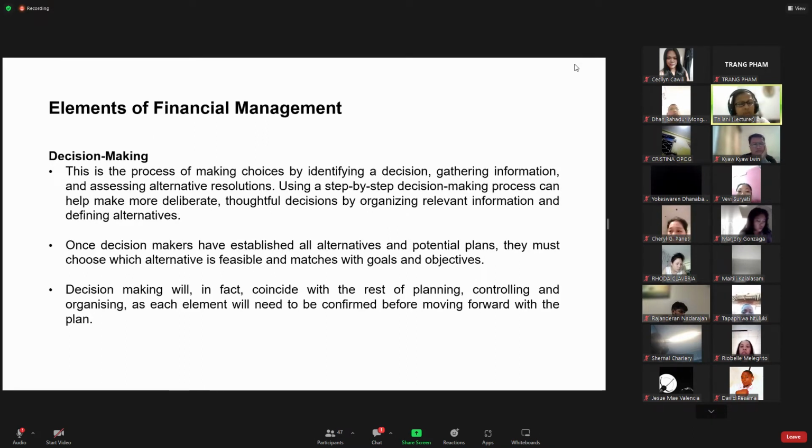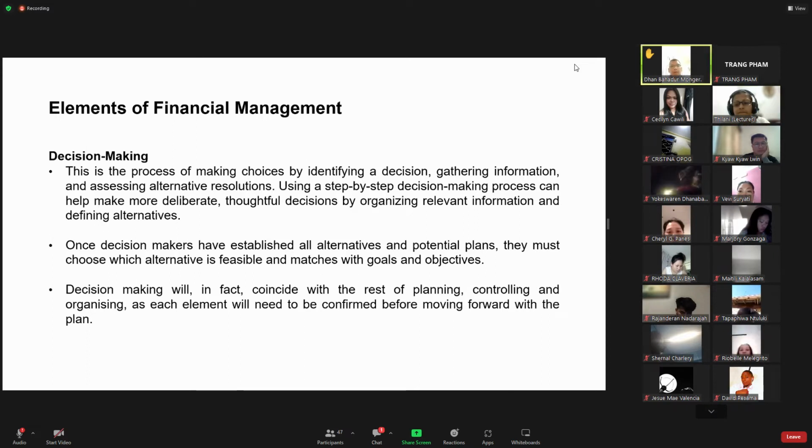Right? What is decision making? What do you understand by decision making? Can someone answer that? Yes, Dan? Yes, ma'am. Decision making is, before making a decision, we have to study very nicely whether it is good or not good. So after that only we'll make the decision, madam. Yes, thank you, Dan. Very good.